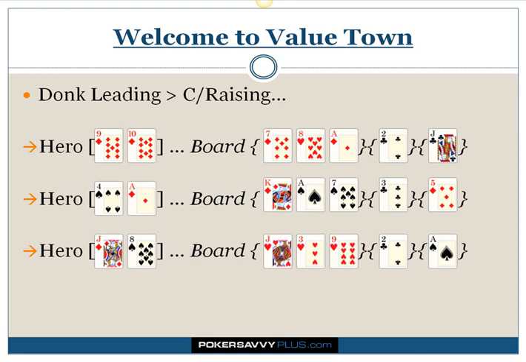Obviously we get called by draws, and we get called by worse pair hands which are using us having draws as an excuse, and we get the opportunity to build the pot and control the pot and play more effectively on later streets. So for example here, if we lead this flop and our opponent calls, we get a 2 of clubs turn. Once again, we can pretty safely lead again on the turn. If our opponent calls again, and once again this is a real hand history, and we get an ace of spades river,